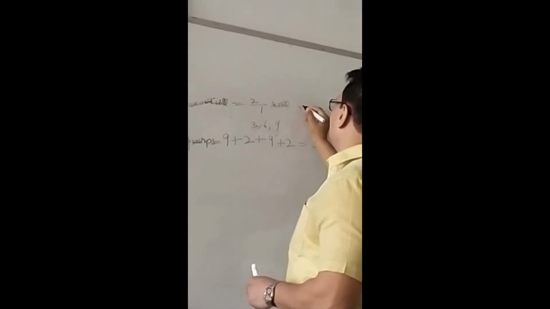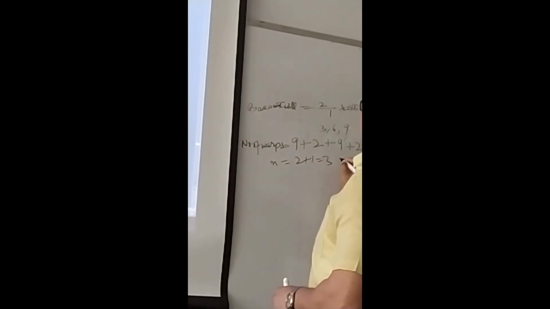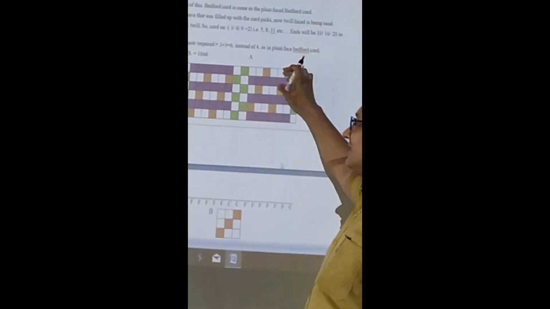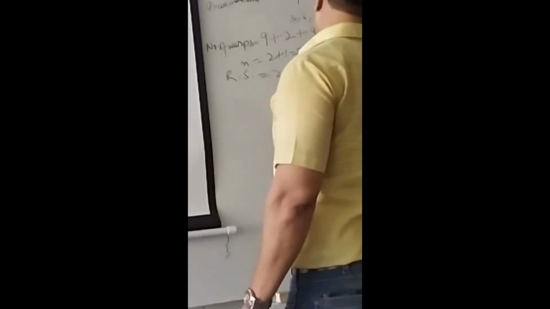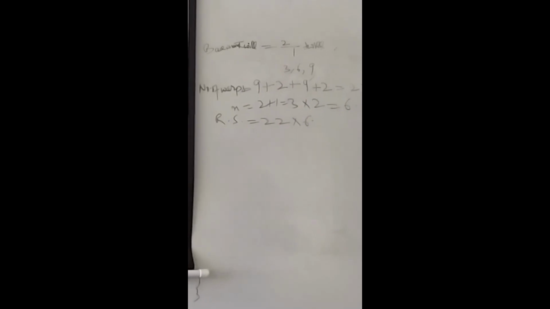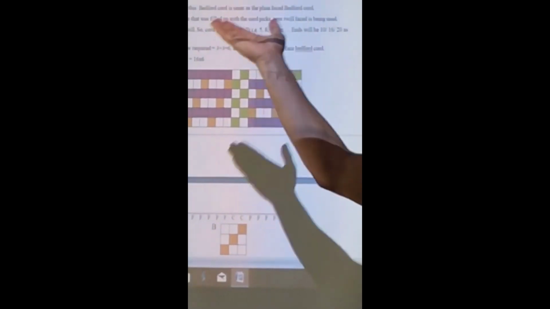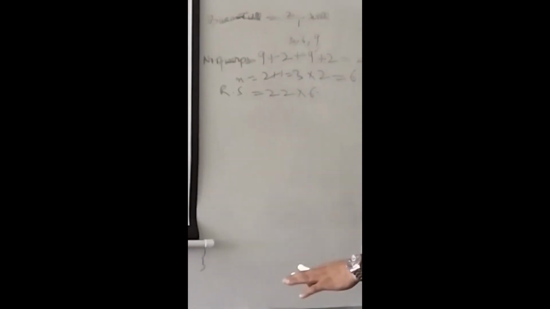Number of weft is 2 plus 1, weave number is 2 plus 1, 3, and it is 2 times. 1 time float is there and 1 time float is there. Then it becomes 6. So repeat size is 22 into 6. Remember, repeat size is now 22 into 6. Earlier this was repeat size 16 into 6. I have increased it to 3 plus 3, 6. So I have taken 22 into 6 as another repeat size.